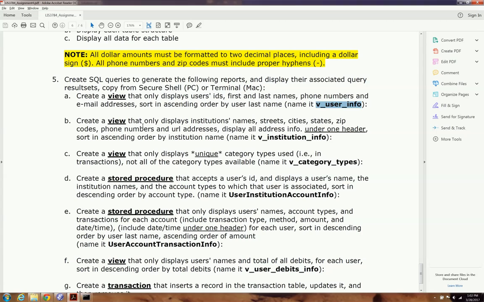Create a view that only displays institutions' names, streets, cities, state, zip codes, phone numbers, and URL addresses. Display all address info under one header. Sort in ascending order by institution name. Name it